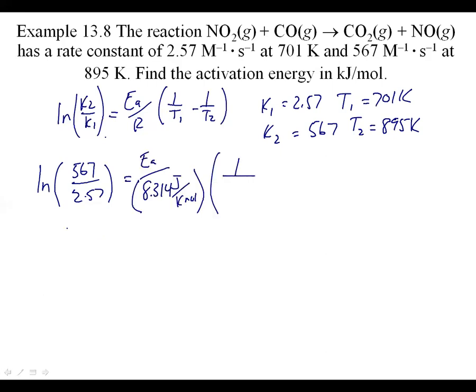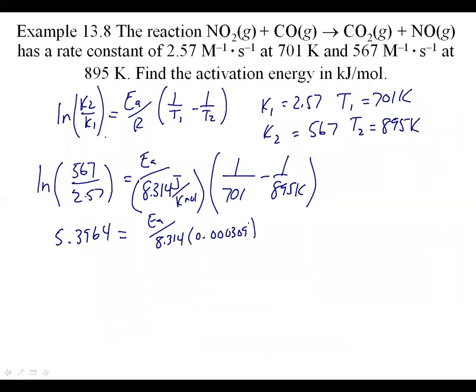And if we clean up the left-hand side there, we end up with 5.3964 equals Ea over 8.314 times, if we clean up in the parentheses, 0.000309. We're going to multiply 5.3964 by 8.314. And then we're going to divide it by the 0.0003 number. And that will get us an activation energy of